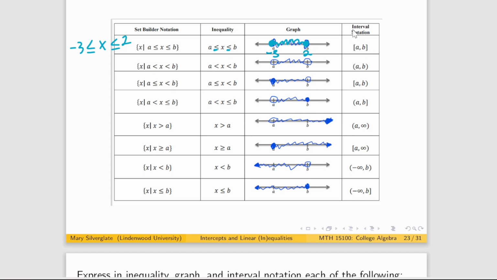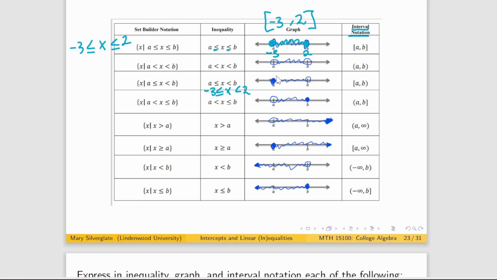The way we indicate this in interval notation, which is a notation we'll use all the time in this class, is the same order of the number line. So you do a -3, 2 in this case, and then we use square brackets to indicate I'm allowed to equal that number. If, for example, I had the same thing, but I was only allowed to equal the 3